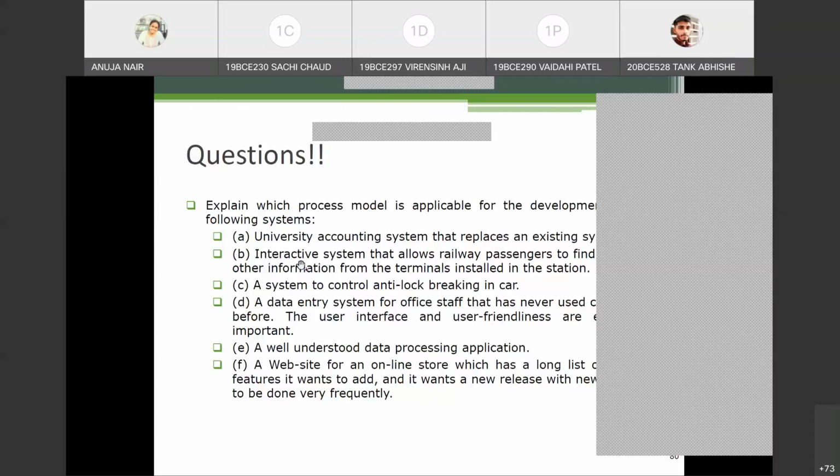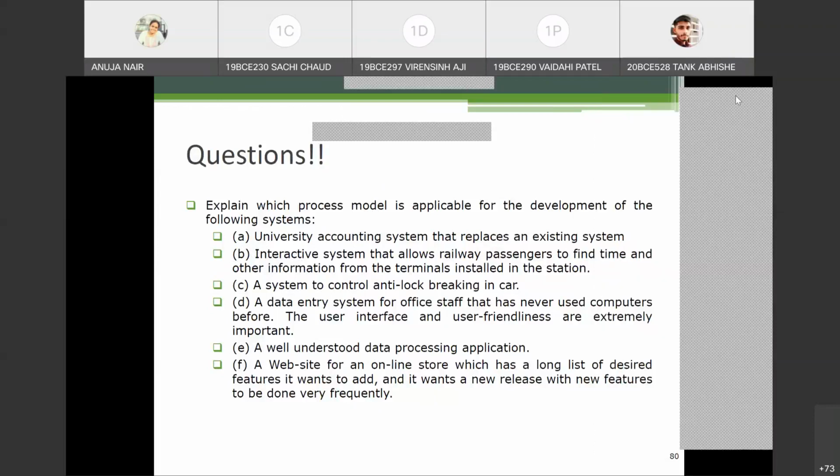Like I gave a justification right now, you need to give justification for all other 5 questions. So you can take a screenshot of this and keep it with you. We are going to discuss that next time, right? So question number A, C, D, E, and F. We will discuss this quickly next time in 5 minutes, and then we'll start with the next chapter. Is it fine, all of you?